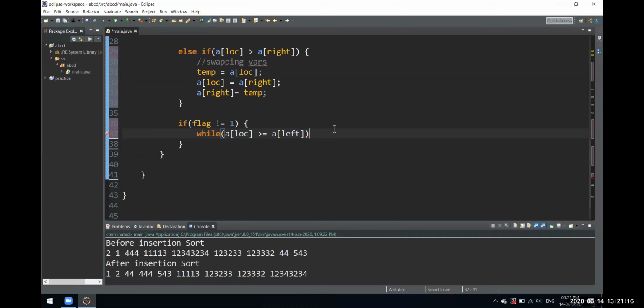Here we have a while loop, and inside this while loop we'll have a condition. We'll have an and condition over here. We have to pass an and operator over here.